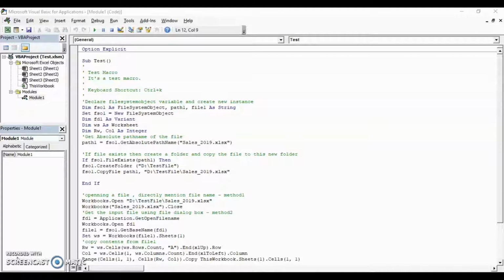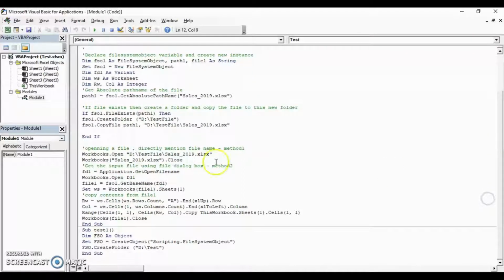The second method to create a reference to FSO is by doing it from the code itself. This is the code for doing that. Here first we are declaring an object FSO.